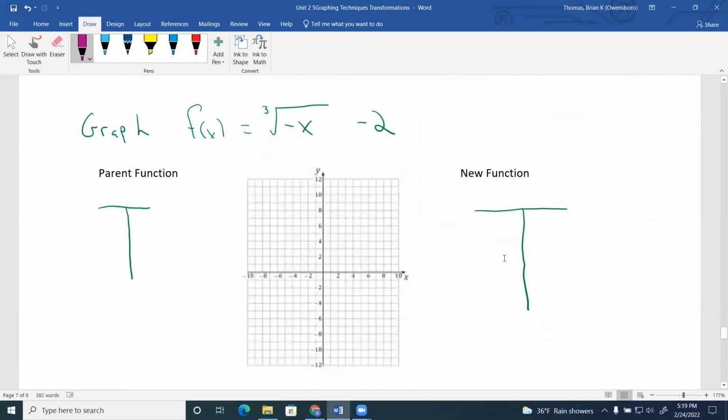So our next function we have is f of x equals the cube root of the opposite of x minus 2. So again, the first thing is identifying the parent function. Notice how the parent function is going to be this cube root of x. So when I graph that one, remember this is going to be the snake that runs along the x-axis. So again, if I use -1, 0, and 1, we get -1, we get 0, and we get 1. So -1, -1, 0, 0, and then